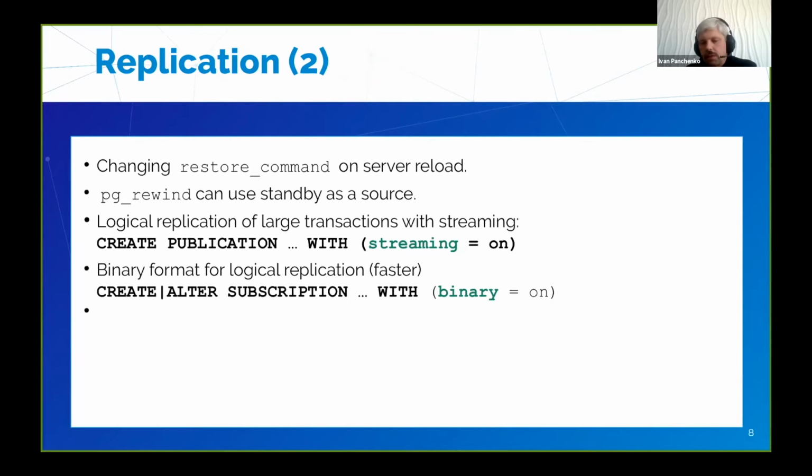Logical replication of large transactions. Before this change, if you replicate a table logically and you perform a long transaction, then all the data which should be replicated was stored on the source server just until the transaction ends. If the transaction is large, with gigabytes of data, it is very greedy for space, and of course it is not effective because the replication starts only after committing the transaction, and transmitting the data also takes time, and applying takes time, and the transaction is longer if it's synchronous. So it is not optimal, and that's why now